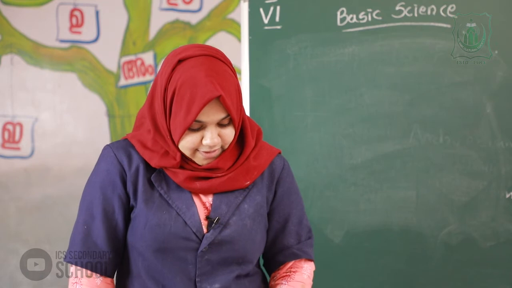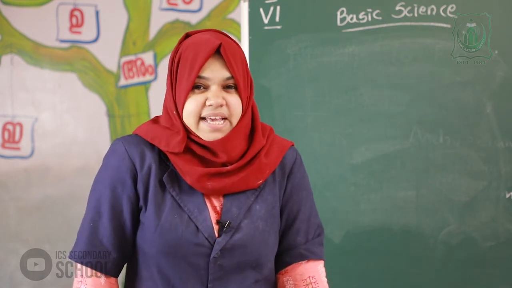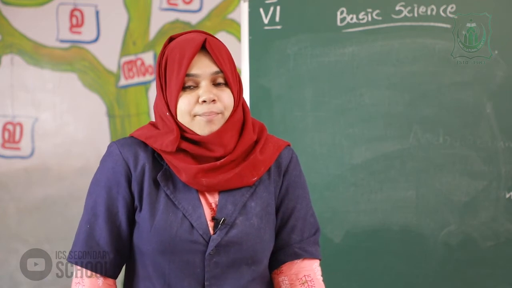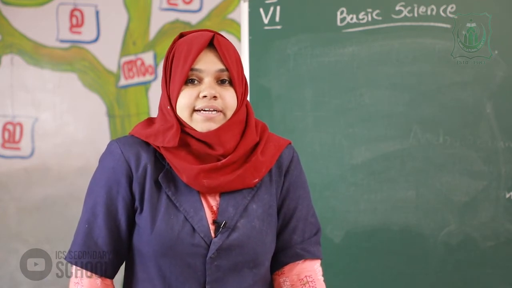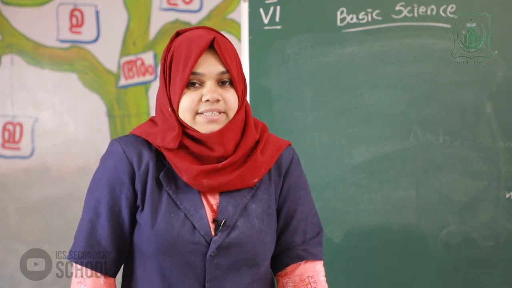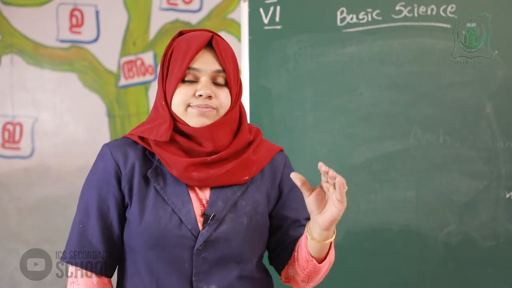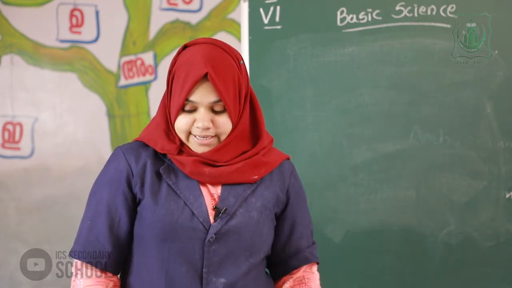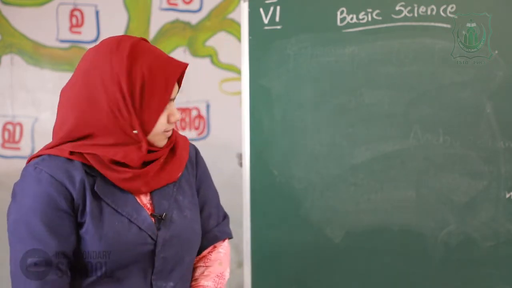But flowers in which androecium and gynoecium are seen in separate flowers are known as what? Unisexual flowers. That flower is known as unisexual flower, and androecium and gynoecium seen in the same flower is known as bisexual flower. Got it? So, next